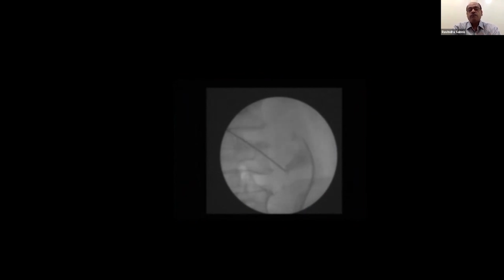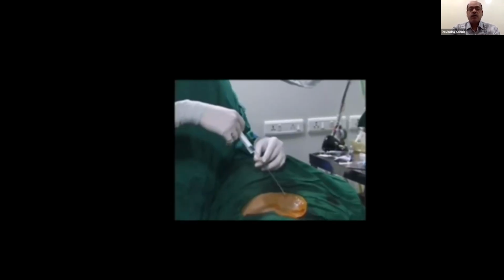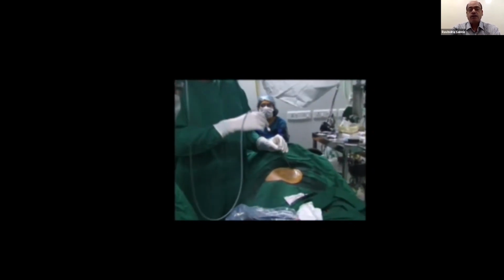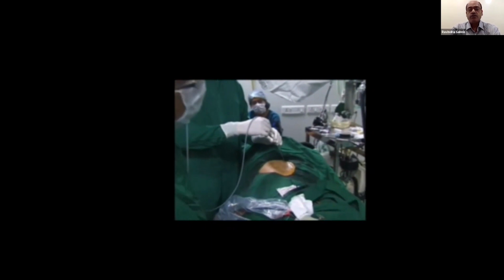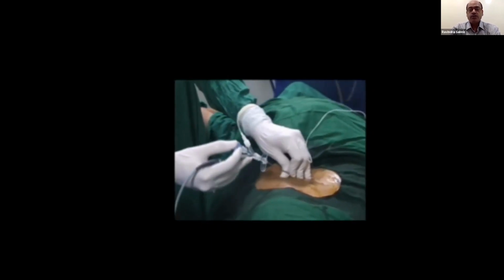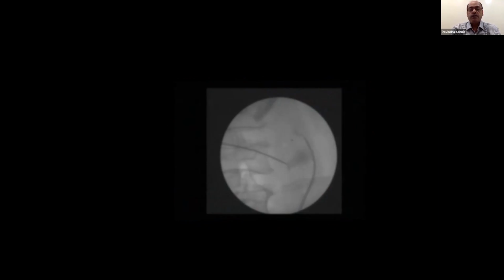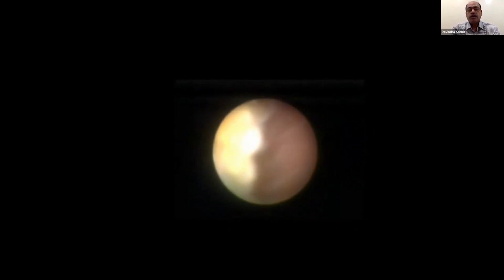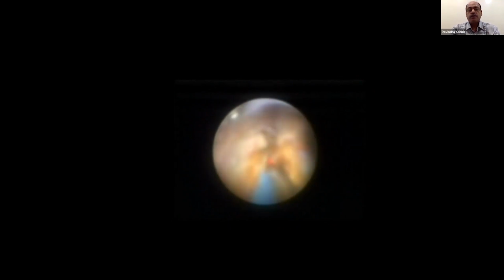MicroPuck, as you know, is a one-step PCNL. So all the steps of the PCNL, like wire, tract dilatation, nephroscopy, are avoided. Once you make a puncture, you directly put a telescope and you start breaking the stone. In an ectopic kidney situation, these are extremely important things, because often you see that in the ectopic kidney, the problem starts with the dilatation, problem starts with putting the implants, problem starts with breaking the stone.